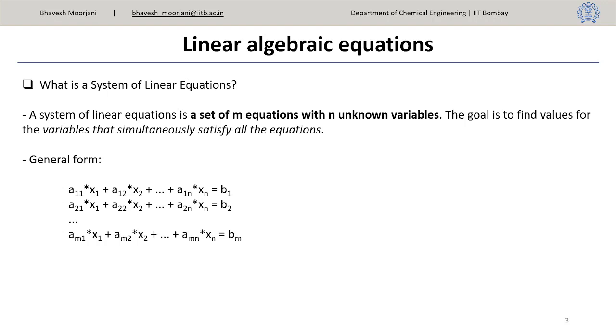So when you are solving such a system of equations, you cannot solve them individually, right? Since you have n variables, I cannot select only one equation and try to solve it. I have to solve all the equations together simultaneously to find out what the x1 to xn values are, right? Provided that you know all the coefficient data from a11 to amn, and the corresponding b1 to bm data. Okay,